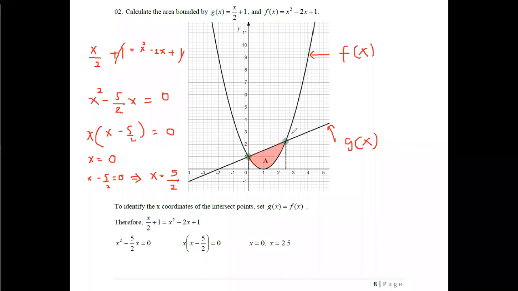Therefore, you can see that these are the values that the graph shows us. At the value of x equals 0, we have the intersection point, as well as at the value of x equals 2.5, we have the next intersection point. But in some situations you may not be able to factor this.